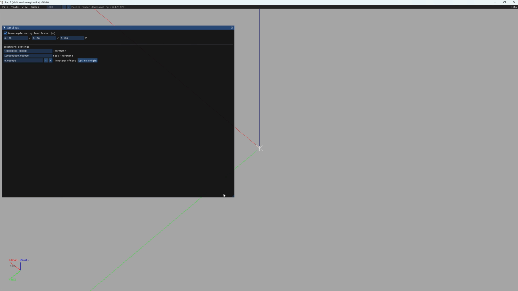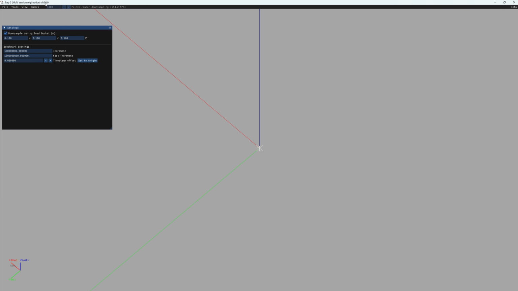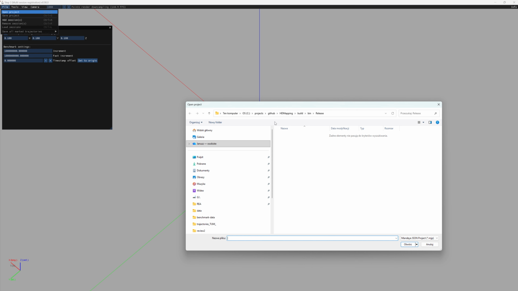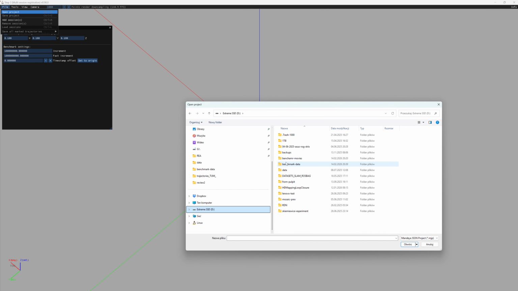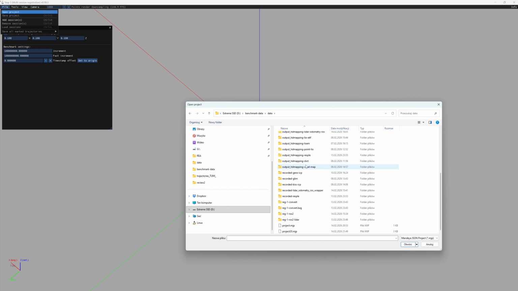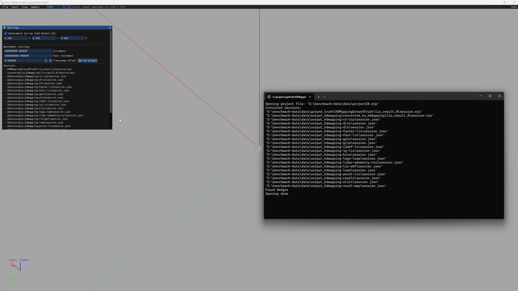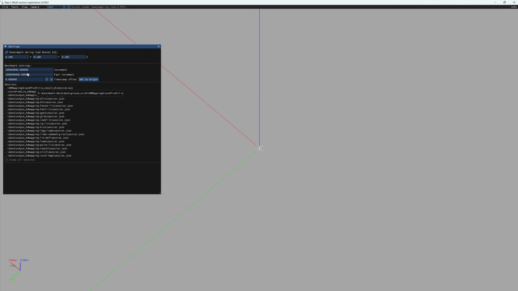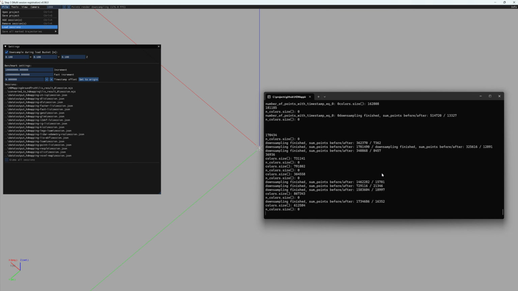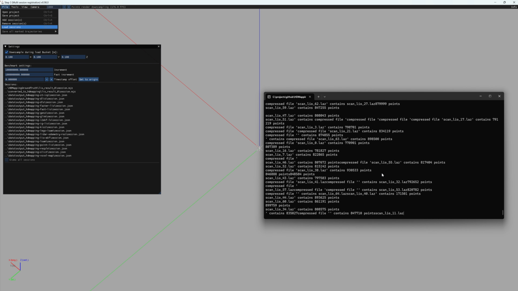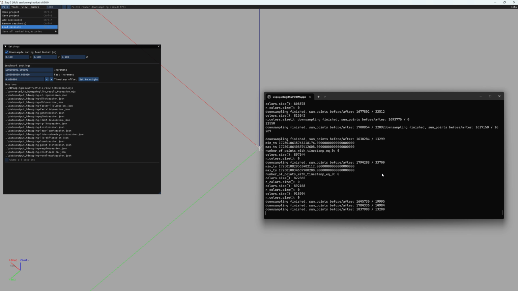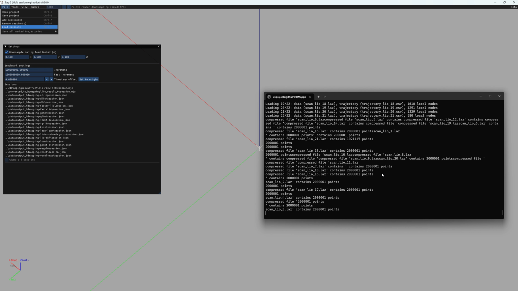So this is our software. You can see version 0.98. So we open project. The project is located in data. So we have project 20, and then we open it. So you can see it is opened in console and everything is written here. And now you have to just load sessions and wait a little, because you are loading 20 sessions into one coordinate system. It is already prepared for